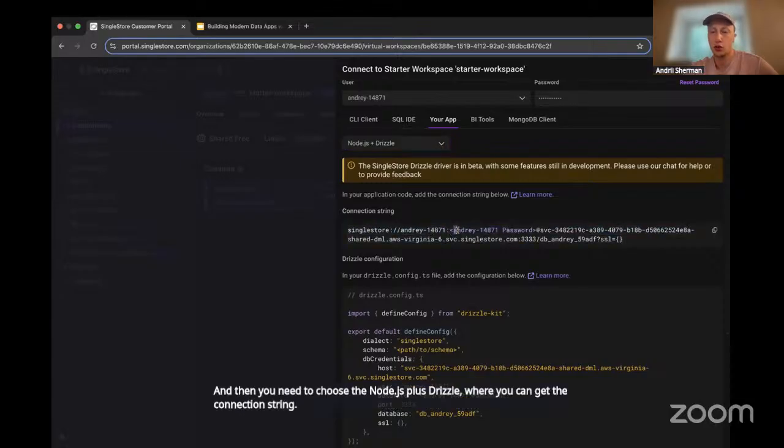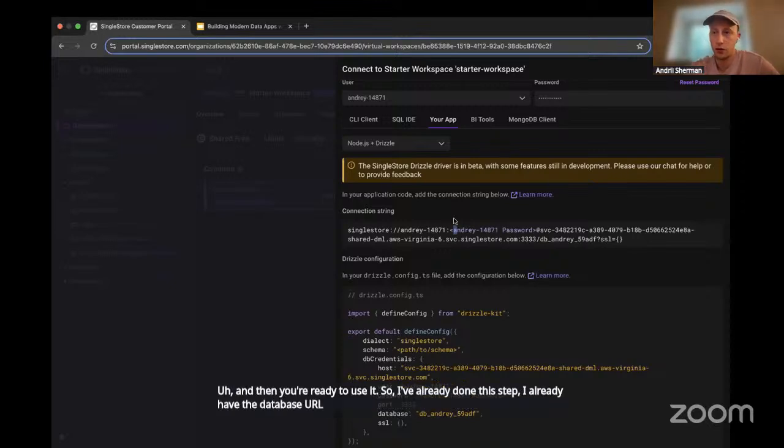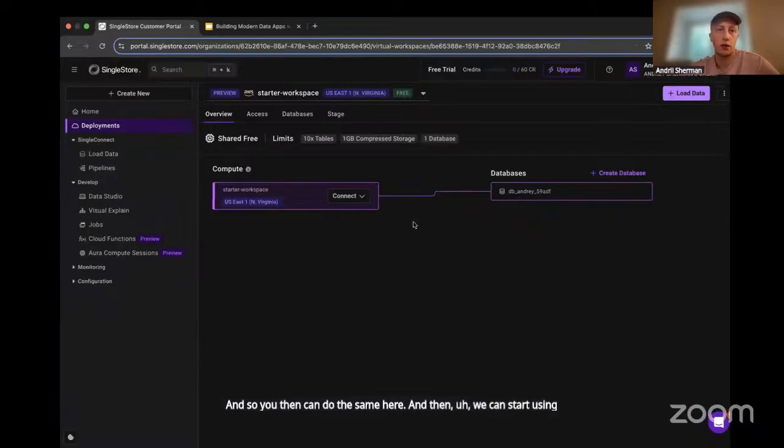You just need to change the password here, and then you're ready to use it. I already did this step. I already have the database URL in my environment variables. You can do the same here, and then we can start using the database.